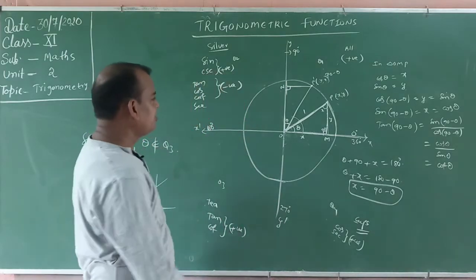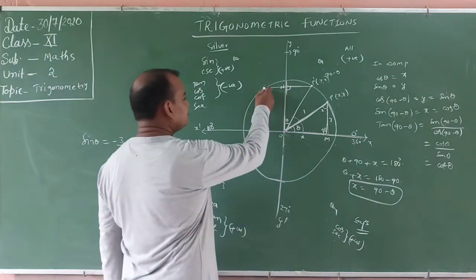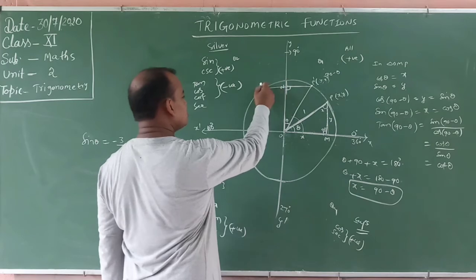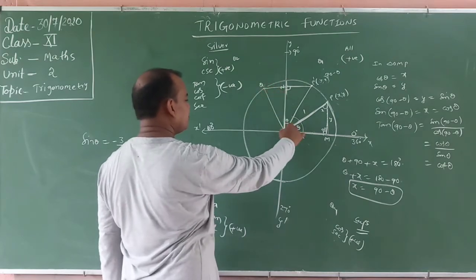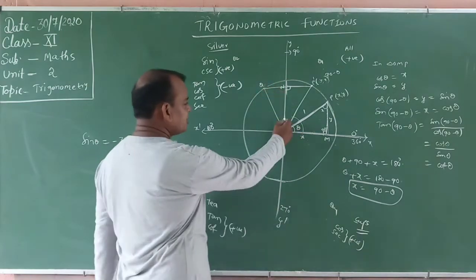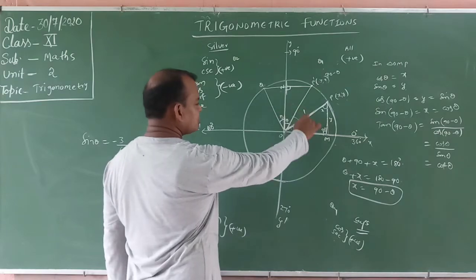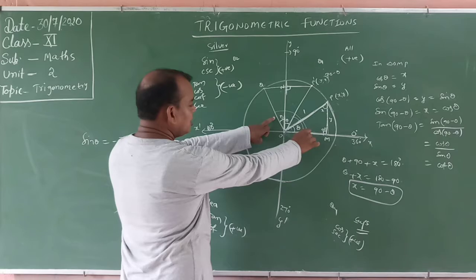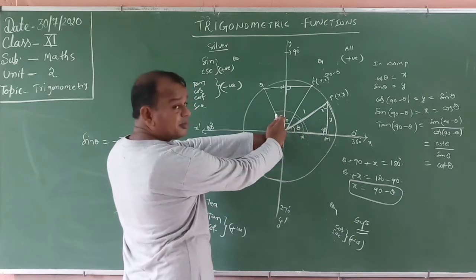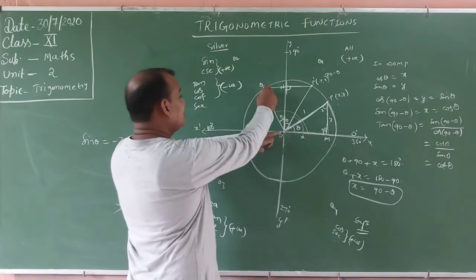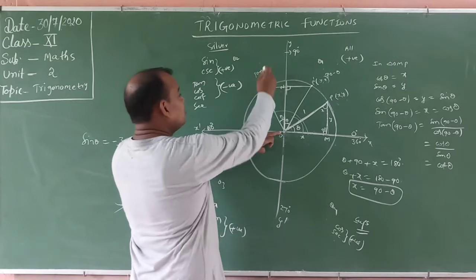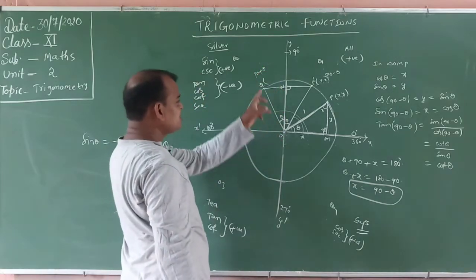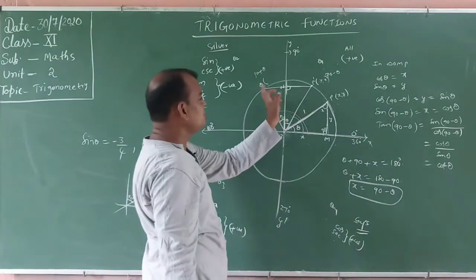Now in the same way, we will take this one. This is also P, whatever it may be, this is Q. Now draw the perpendicular. First of all, this is also theta. What about the total angle? From here to here, this is how much? 90. This is how much? Theta. So 90 plus theta. What about the coordinate Q? This is in the second quadrant, no problem. No change in this one.